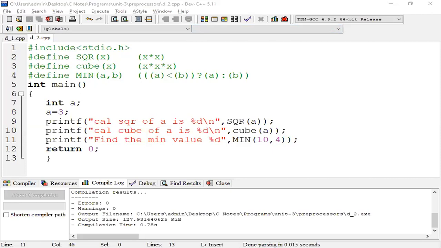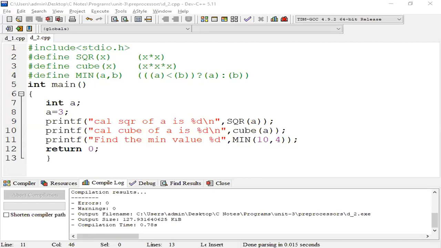In this definition, cube of x depends on the square of x: square of x into x. In that way, it is a nested macro. One more example: sixth of x, the sixth power of x, depends on square of x into cube of x. Otherwise, we would have to write x into x into x six times.